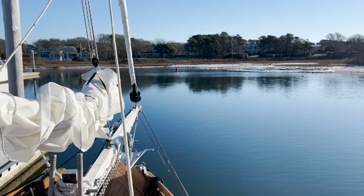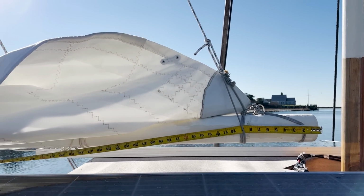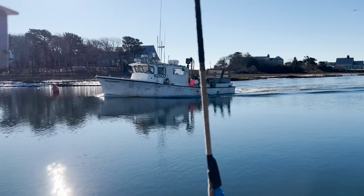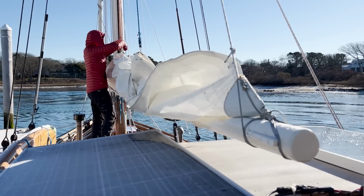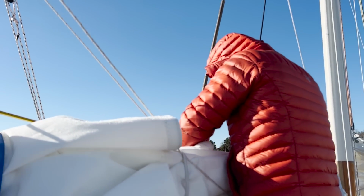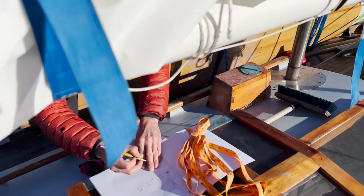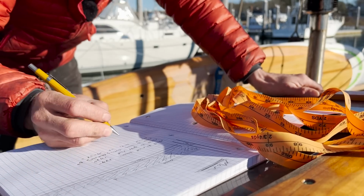All right, let's check out the main. This is where we need 3 people. 1 to film, 1 to hold the end of my tape measure, and me to go pull measurements. So we need to get the circumference around the sails at the mast, around the sails at the end of the gaff,